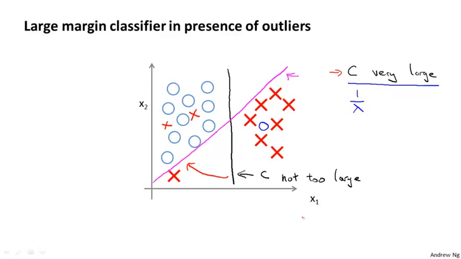But in practice, when applying support vector machines, when C is not very, very large like that, it can do a better job ignoring a few outliers like here, and it'll also do reasonable things even if your data is